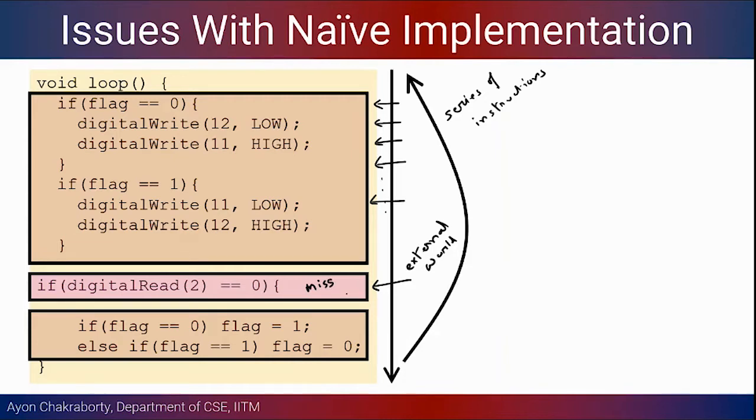Okay, so what we saw is the entire effect, right? Sometimes you miss, but sometimes you are fortunate enough to hit this particular instruction whenever you are pressing that button. But this is the issue with this code. And to remove this issue, this is one example I gave you, but this kind of sets the context where we need something more than this, right?